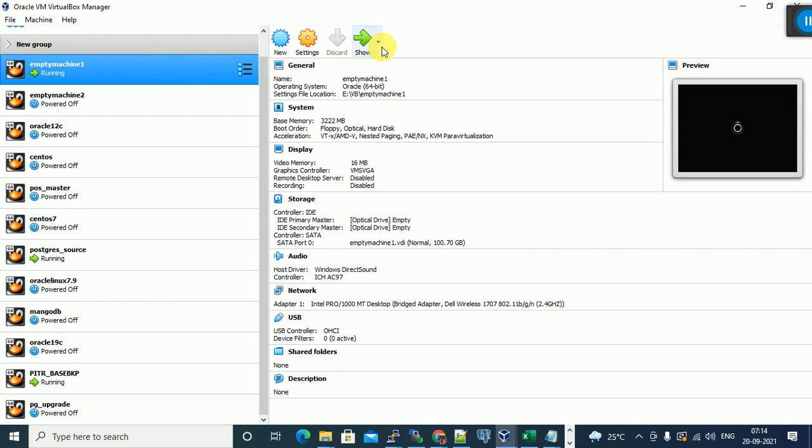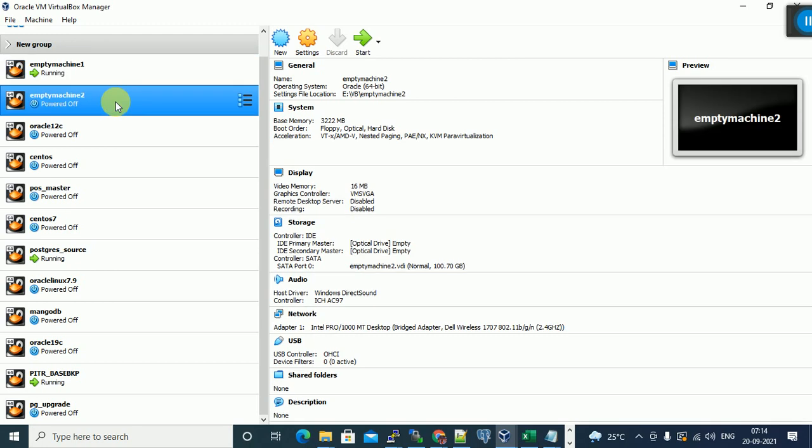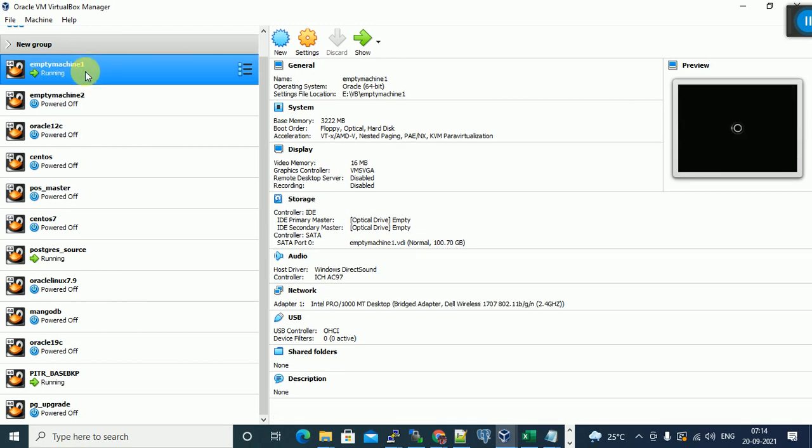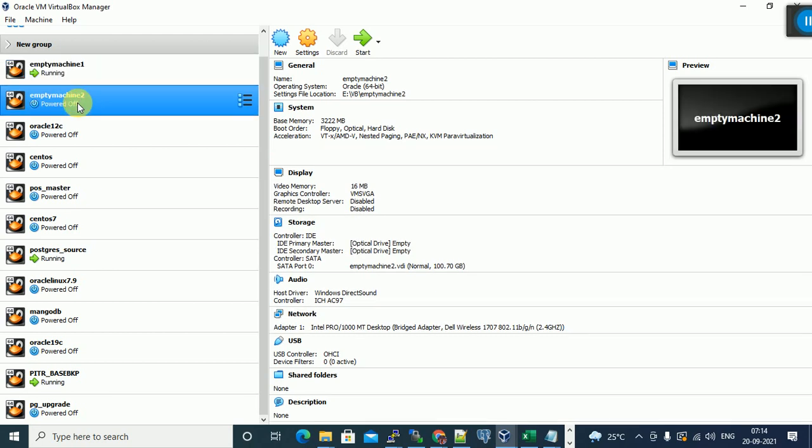If you want to stop, go to the virtual machine. There is a command I will tell you. If you want to remove the virtual machine, before deleting, that virtual machine should be in a stopped state, meaning power off. Running means the virtual machine is currently in an active state. If the virtual machine is running, we cannot delete or drop it. Before deleting, first we have to stop the virtual machine. Once stopped, the state will show powered off. Then only I can delete.